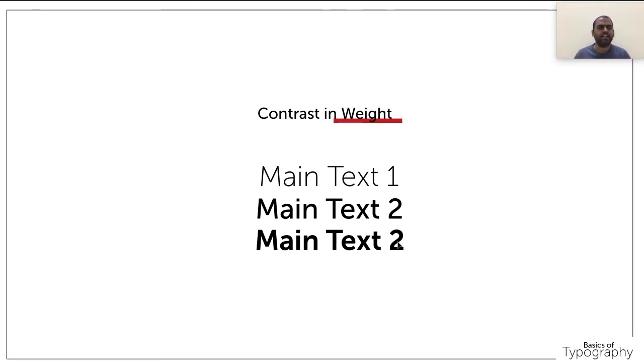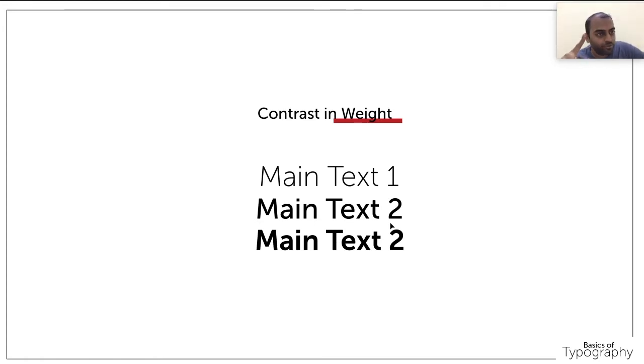if every design element in your typography is filled with the same weight, then there is absolutely no contrast, and it becomes boring. I don't say it is a great thing, but it creates some amount of contrast. The contrast in weight is automatically there. If you go with a regular weight and go for a bold one, there is a great amount of contrast, which itself makes a design look neat. So that is what contrast in weight is.